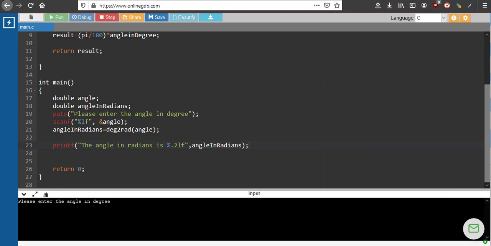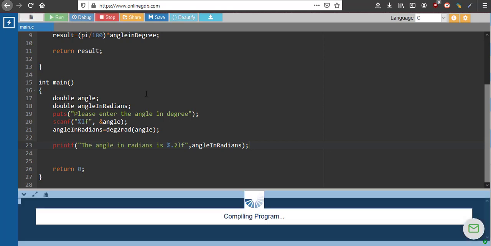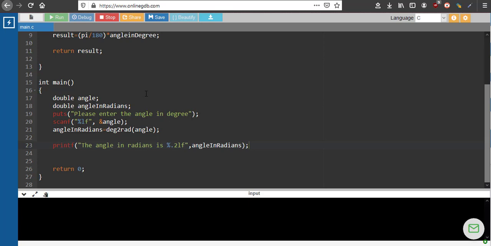Okay, let's try with 180 degrees. So 3.14, absolutely correct. Pi is 3.14. Let's say pi by 2, that means 90 degrees. 1.57, approximately correct. Now let's say 360 degrees. So 2 times pi, 6.29. Okay, so this works fine.